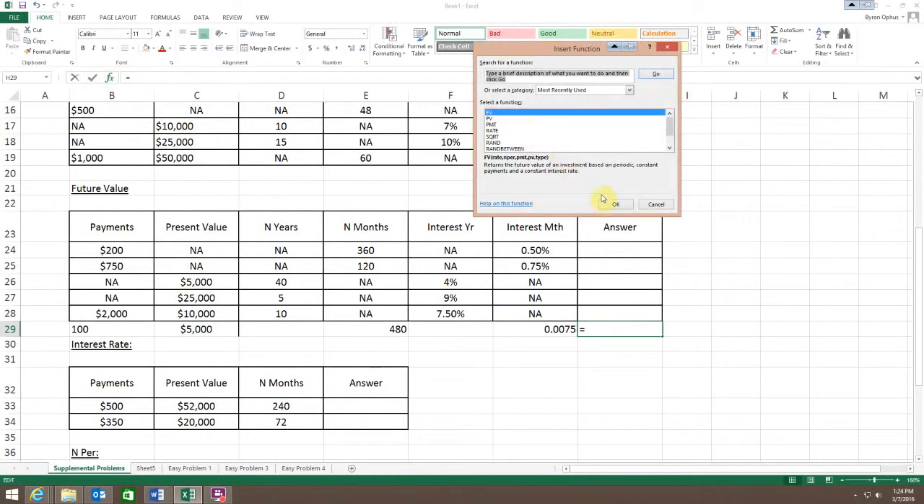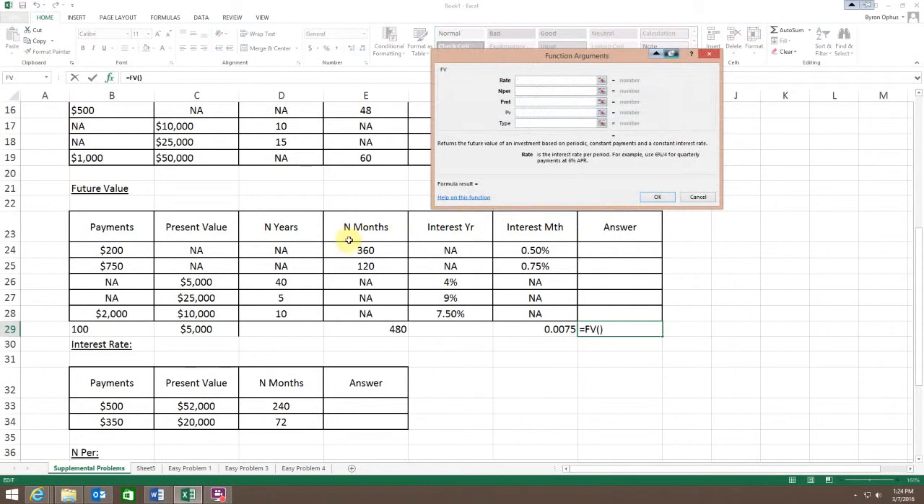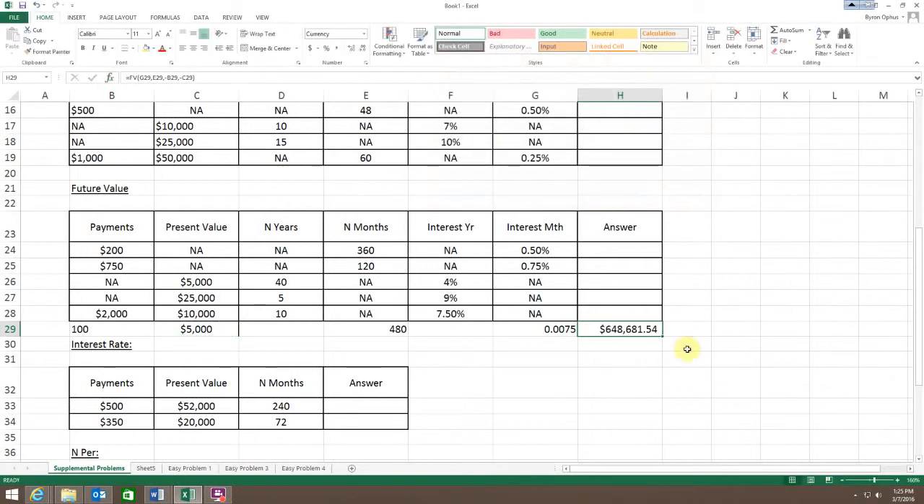Okay, so again, I'm calculating future value. There I have my rate, and I've got it calculated per month. I've got my number of periods is 480, and my payment I'll enter as a negative, and my present value I'll enter as a negative, and that should make my answer a positive number. So if I put away $100 a month for 40 years plus $5,000 initially, I would end up with